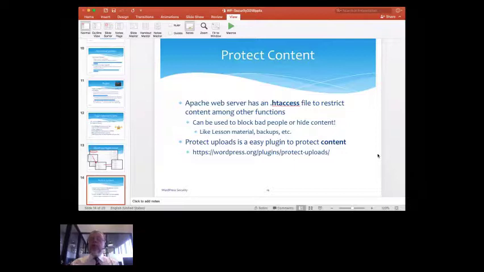It can also protect the content. A lot of people forget to protect the content, like if you have books or lessons or anything like that. By the way, my website, since it's for my students, is open to the public, so you're welcome to peruse learn.wp.us. But there is a plugin called Protect Uploads that you install, you set it, and simple as that. So if anybody goes to your